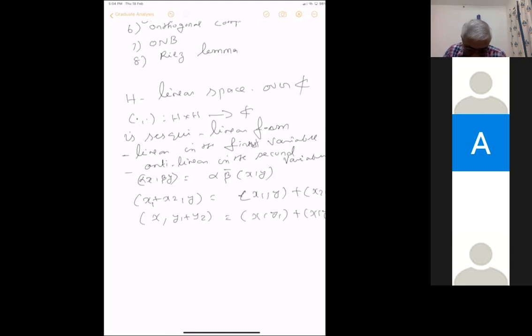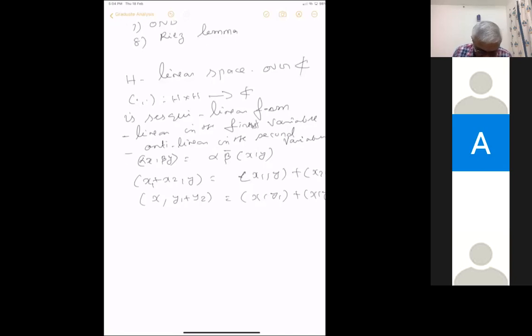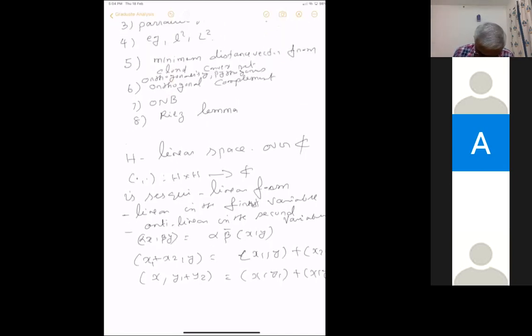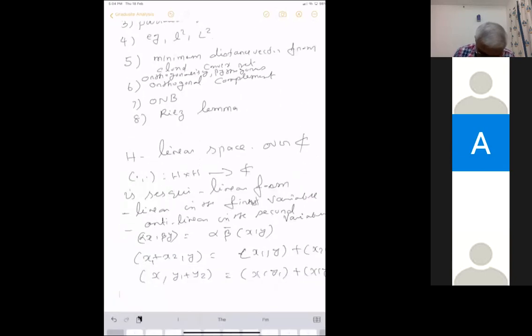Sesquilinear means it's 1.5 linear. What does 1.5 linear mean? It's linear in the first variable. In the second variable, if it is a real number, it's linear, but if it's not a real number, then you have to take the complex conjugate. This is what is called sesquilinear. So a sesquilinear form is said to be a semi-inner product